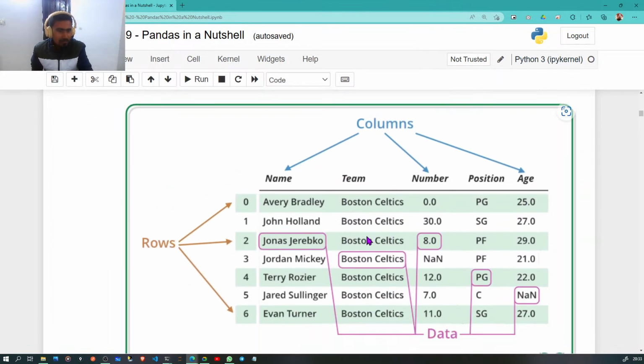So a data frame is nothing but this. Name is a column, right? Team is a column, number is a column, position is a column, age is a column, right? And 0, 1, 2, 3, 4, 5, 6, these are the rows, right? Some minutes ago I was saying that this column is known as a Pandas series. So this is a series, this is a series, this is a series, and so on, right? So if these all are series, then when we combine all these series together,